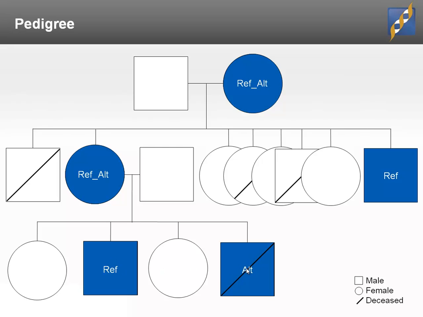Now, even though it should be hemizygous in biology, the genotyping or variant calling algorithms don't necessarily pay attention to sex. They're going to call it as they see it. If they see a place where there's a heterogeneity of alternates, they're going to call a heterozygous genotype. So we would expect the variant to be a homozygous genotype from a filtering perspective. So let's go ahead and do that step now in SVS.